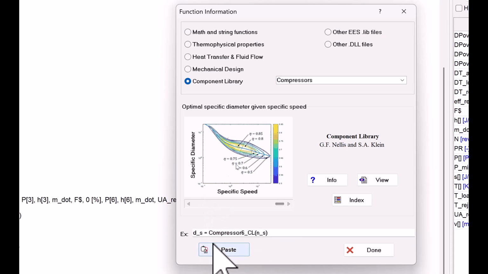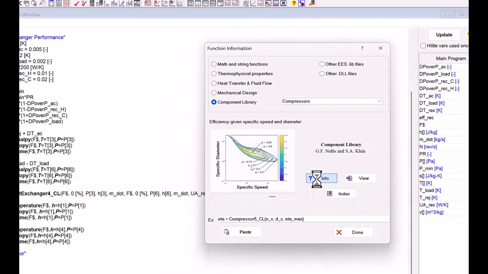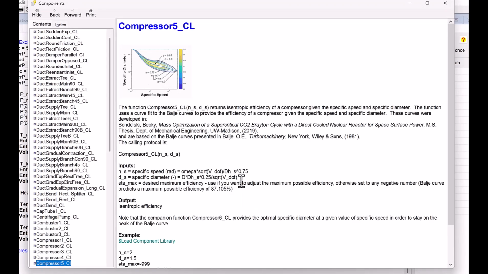It says if I give you a specific speed, so some specific speed along here, which I can calculate knowing the speed of the shaft, then what is the specific diameter that I would want to choose in order to get the optimal efficiency. So I'm going to need to use both of them. Now I'll start with this one, and then I'll move on to this one once I have the NS DS combination. So let's look at the function information to see how specific speed and specific diameter are defined. So you can see they're defined using these equations here. Like I said, they're dimensionless. I'll copy these and